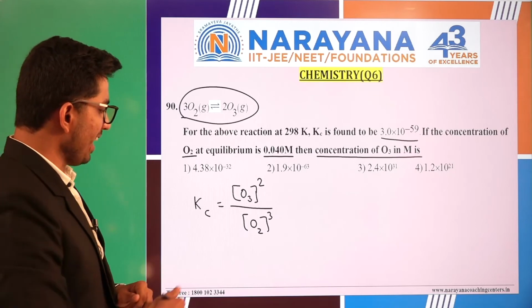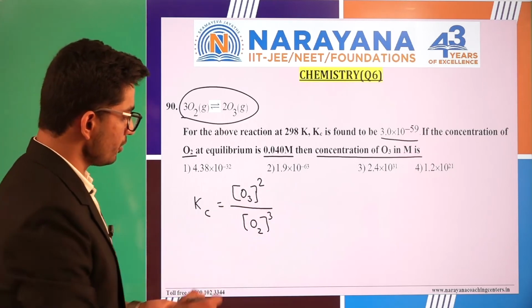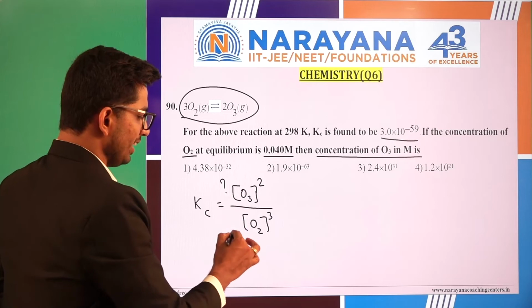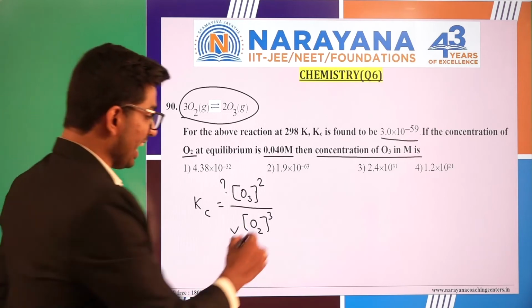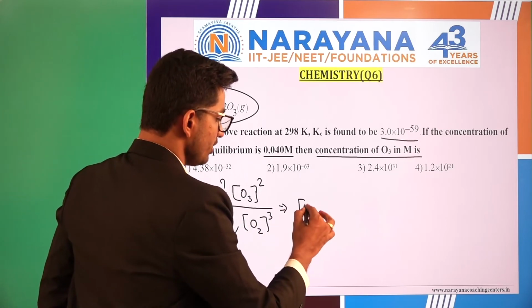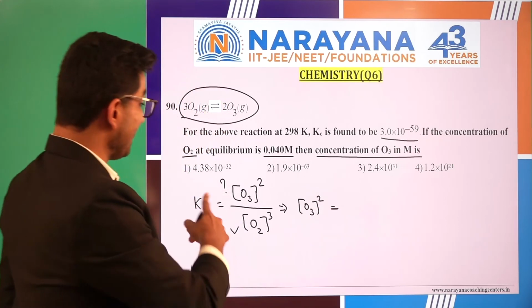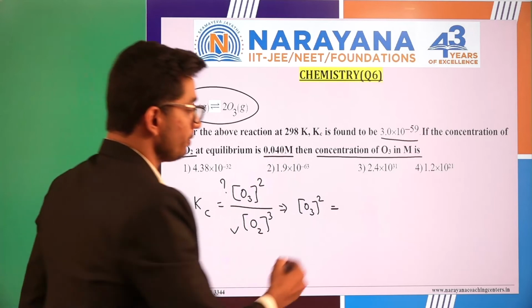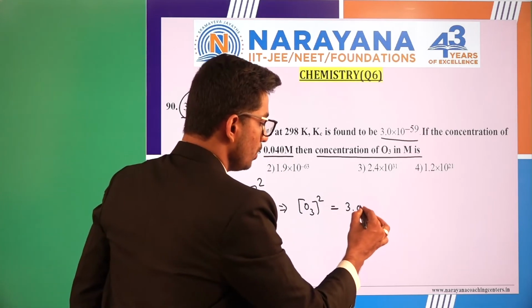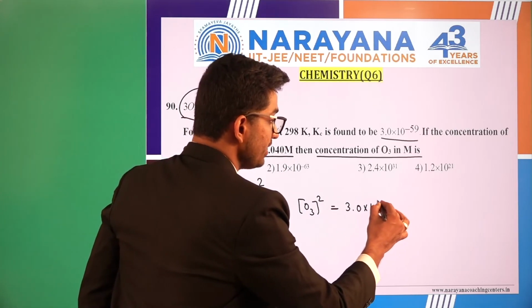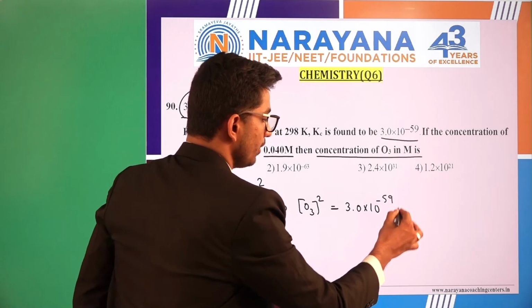So here we have to find the concentration of O3, and this is given. So can we write that concentration of O3 squared equals Kc. I am just putting the value of Kc, that is 3.0 into 10 to the power minus 59. This is Kc,